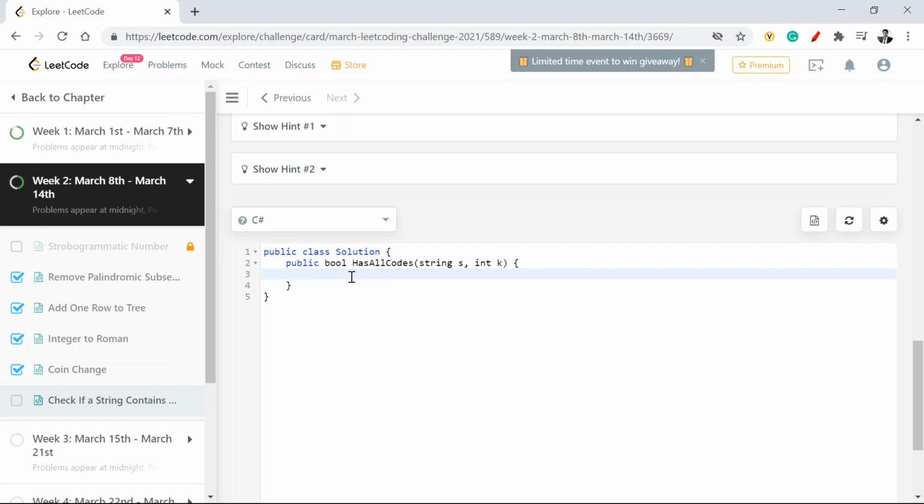What we're going to use is the concept of a hash set. Yes, we can use a list or dictionary, but then you need to add extra handling on top of it, and a hash set ensures that you don't insert duplicates. So hence I'm directly using a hash set. My set is equal to new HashSet of string.